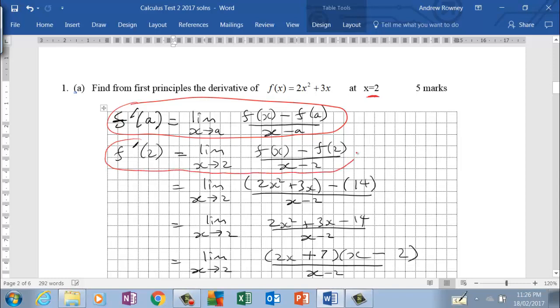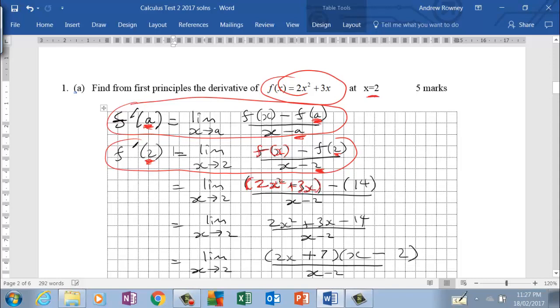Now to do f dash 2, wherever you see an a, you put the 2. So there's the 2 there. That a becomes a 2, that a becomes a 2. Now we have to substitute f of x. That f of x is actually sitting up in the top, that's the function. So that function becomes 2x squared plus 3x,